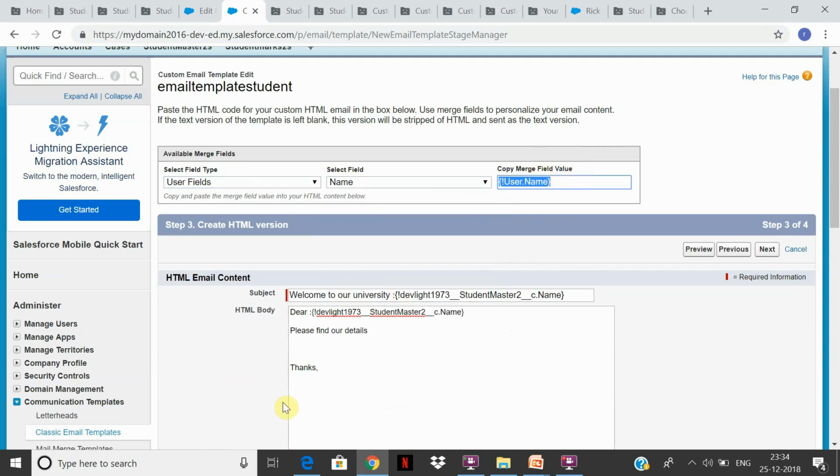Remember, what we have done here is we have created this template from two different objects. One is the student master, and you can also place more fields if you want. So right now we are going to just use this, so we just say name. So next,